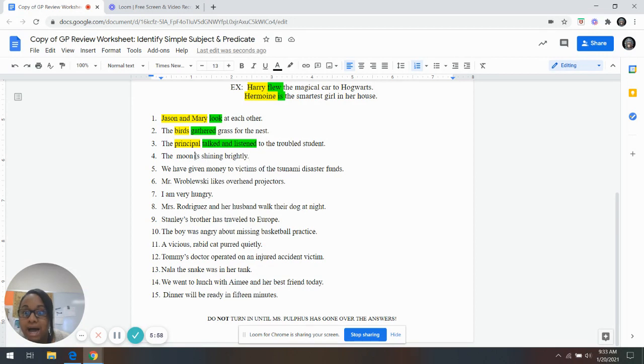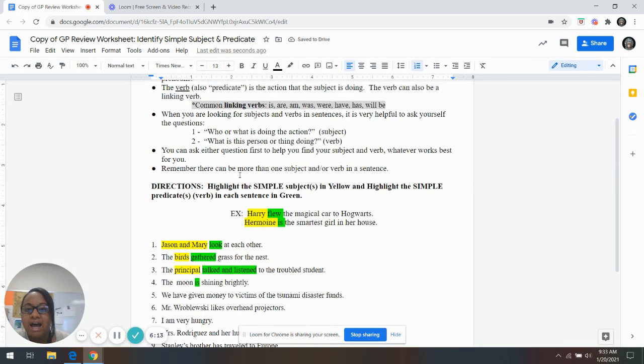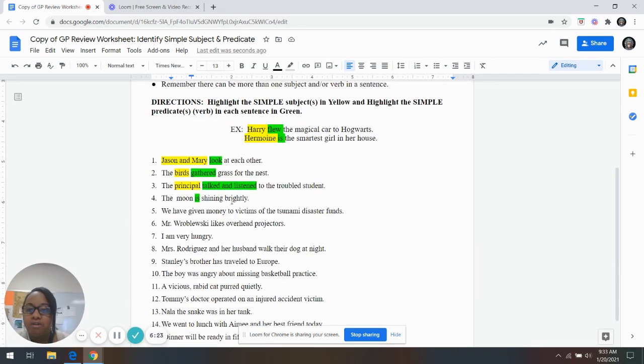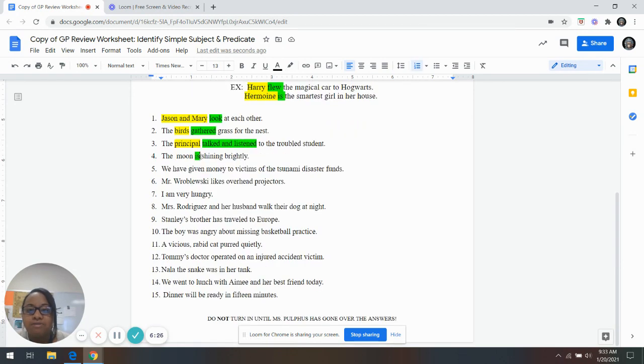All right. Number 4, the moon is shining brightly. Ooh, my eyes immediately go to my little linking verb. When I was going over this worksheet with my other classes, a lot of people wanted to say shining was the verb, but it's not. My verb is. I have a little linking verb, so let's highlight is in green. Remember, it's a state of being. I have my list of linking verbs, the most common ones right here. And if you're extra prepared, you might have even paused and jotted those words down and kept them next to you. All right, so the moon is shining brightly. My verb is. Who or what is? That'll be moon. Once again, I don't necessarily need the word the, so I'll just highlight my subject, moon, in yellow.